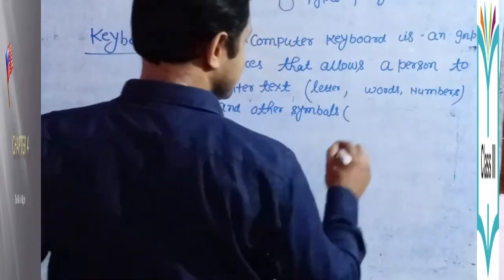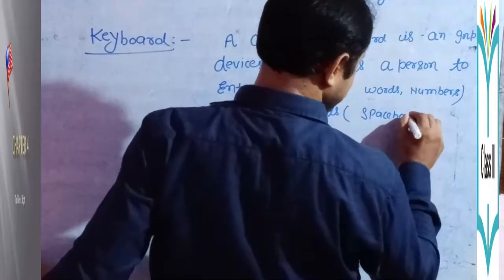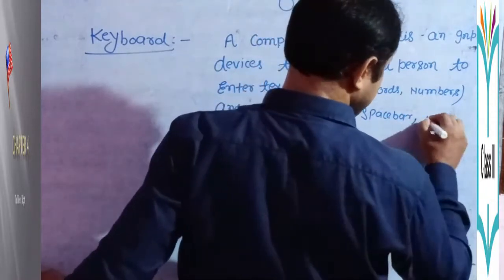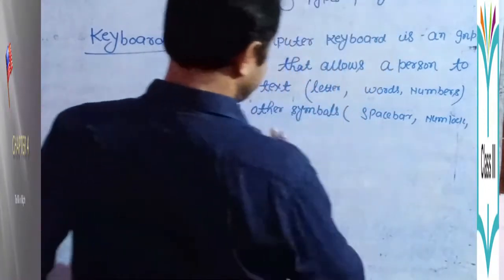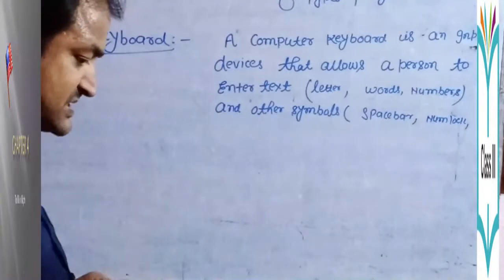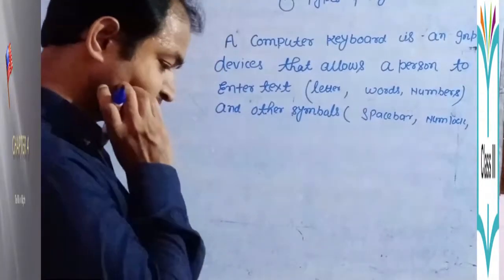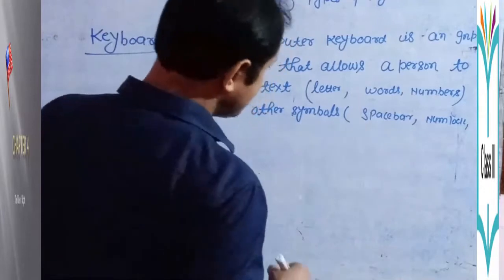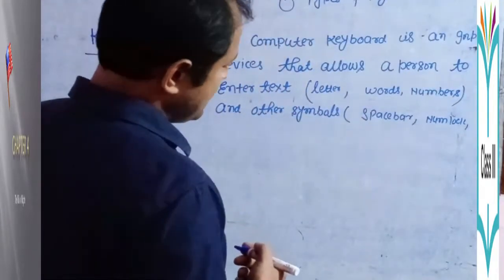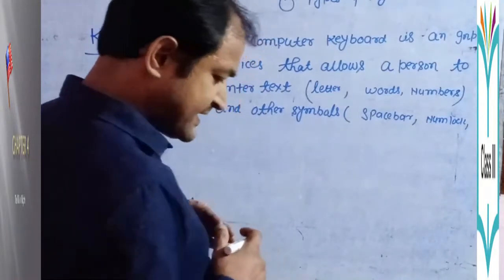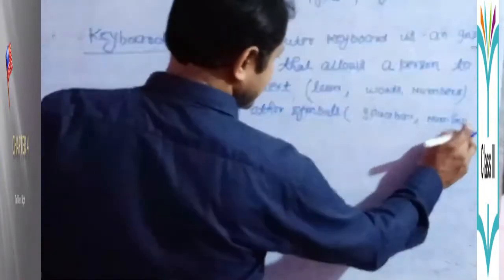Which type of symbols? This symbol is the space bar. This symbol is the numlock key. A special other symbol. These symbols are related to numlock, and they are related to here, that is called